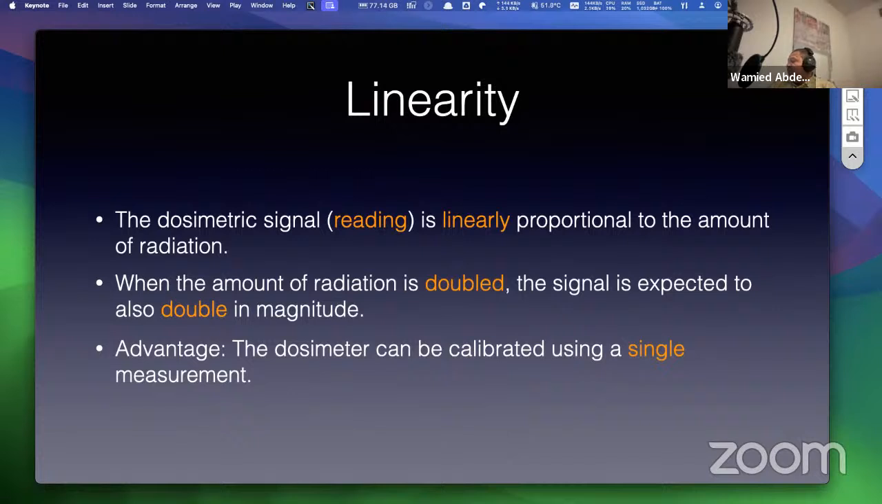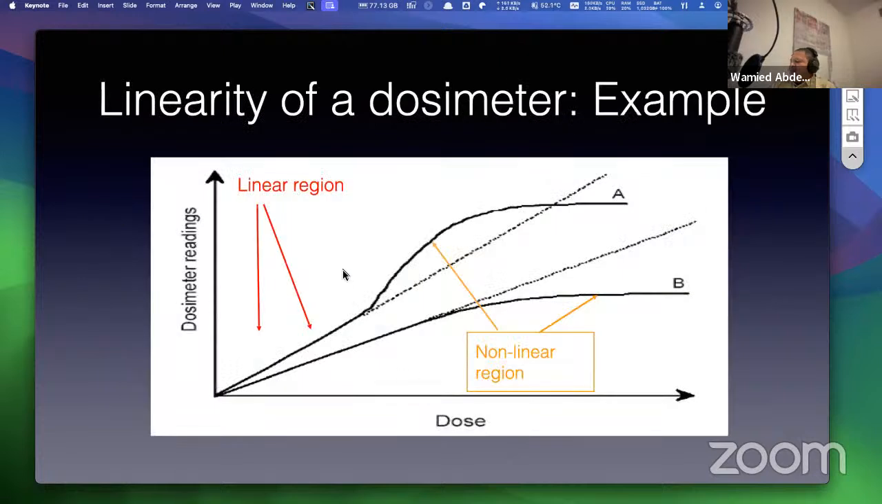The advantage of having a linear dosimeter is that when we want to calibrate it, we can do it through one single measurement. We put the dosimeter in a location where the dose is known, and then we irradiate and take the signal. So the dose divided by the signal is the calibration factor of the dosimeter. However, if the dosimeter is not linear, then